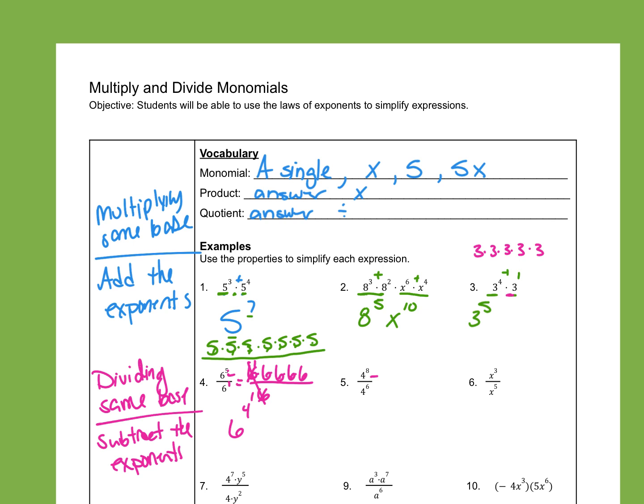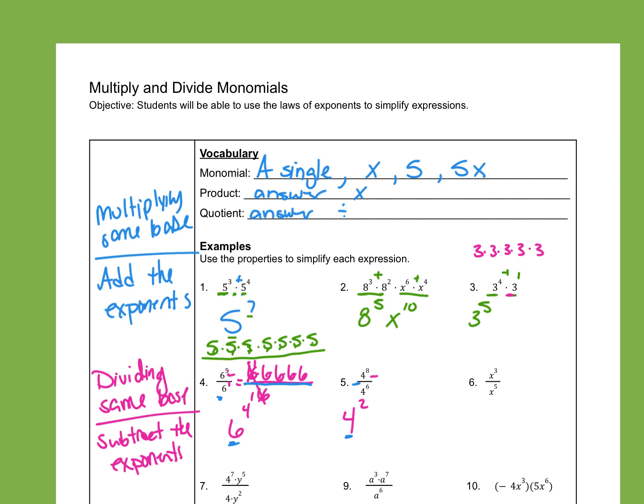So we can use a shortcut here. 8 minus 6 is 4 to the 2nd. Notice we're not changing the base. So the base was 6, the base stayed 6. The base is 4, the base stayed 4. So we are dividing these numbers. We really are dividing them. We could see that when we wrote it out over here on number 4. We are dividing them, but the shortcut, it just looks like we're subtracting the exponents, but we really are dividing